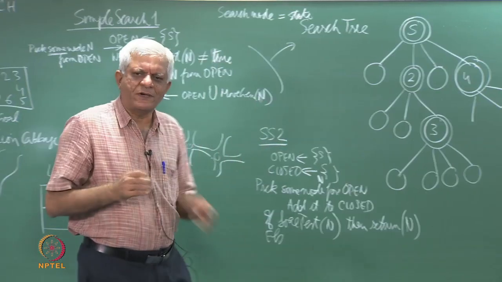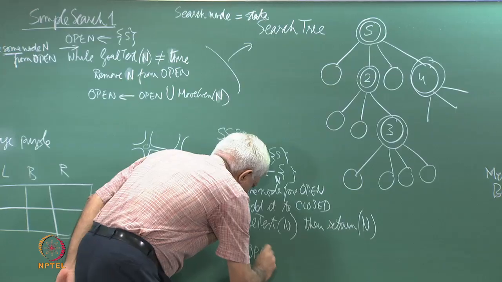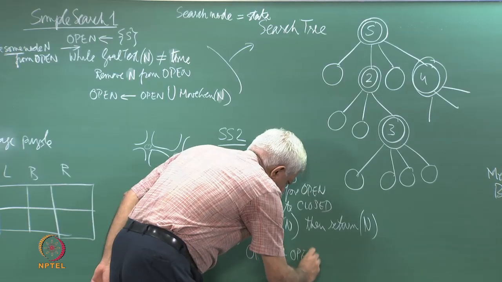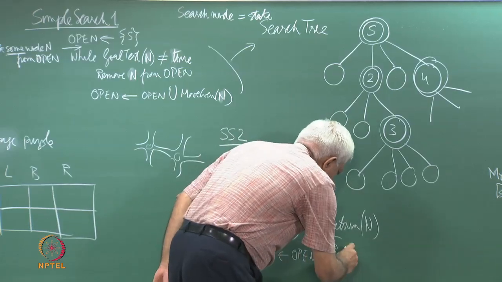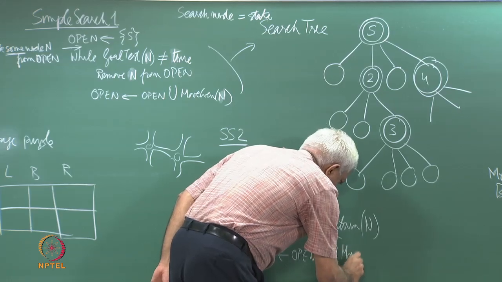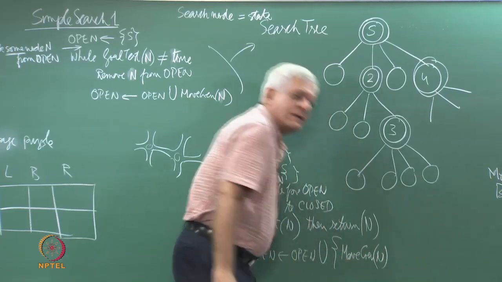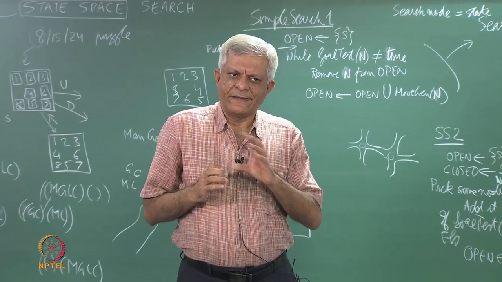So, what should I add to my open now? Union what? Move gen n minus anything in closed,